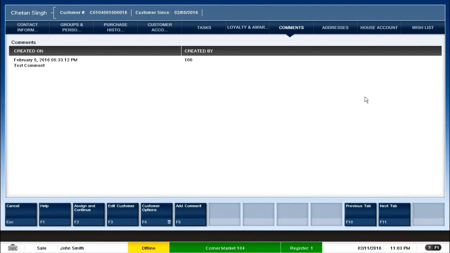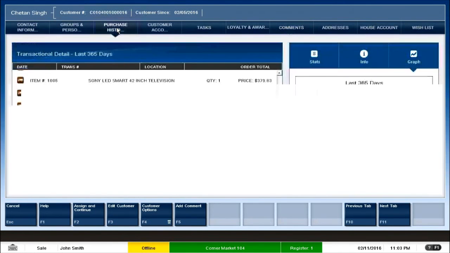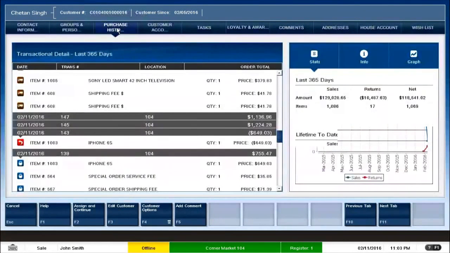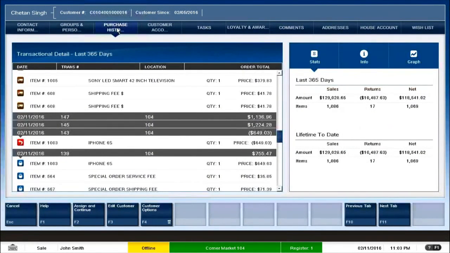So this can integrate with different third-party systems or homegrown systems like loyalty. It can integrate with your wish list from e-commerce. And based on the customer history, you can do a lot of permutations and combinations to give different benefits to the customer. That is the overview of what customer experience can be.